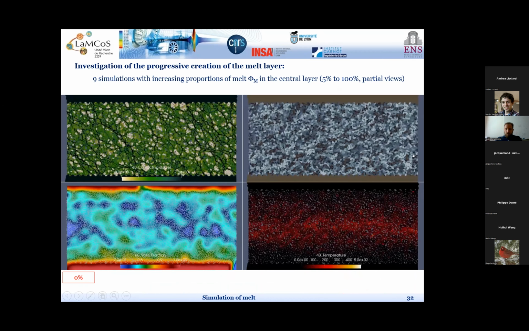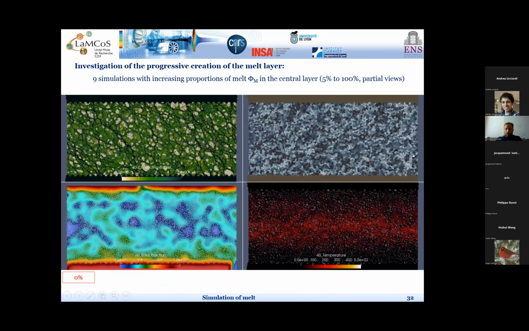We will focus only on this steady state part here, and we have this kind of curve. So in X here, the melt proportion, and in Y, the friction coefficient. So we go from this dry friction coefficient to this fully molten friction coefficient. And we see that this decrease is not linear, actually. It's more a sigmoid-like shape. An interesting interpretation of this is to